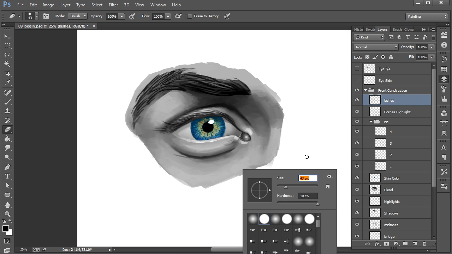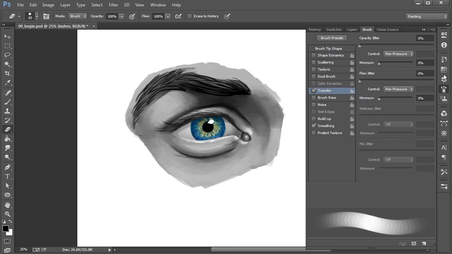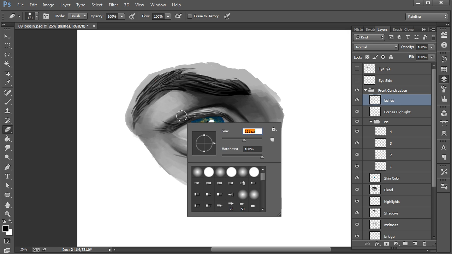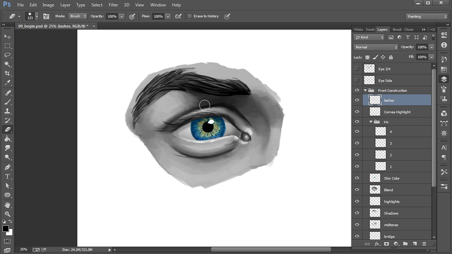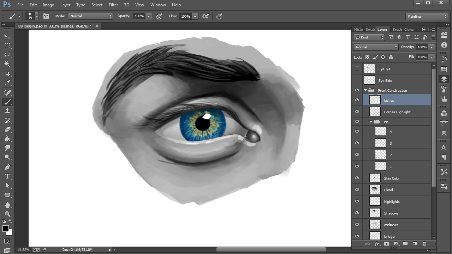I'm also going to turn on transfer for my eraser tool just to soften up some of this just a little bit. Okay. And then I'll come back over that to really get it the way that I want. But again, just focusing on some little areas where they clump together. And here and there, you may want to have a rogue lash that's going the other way. If you want to play around with that to where it doesn't feel perfectly